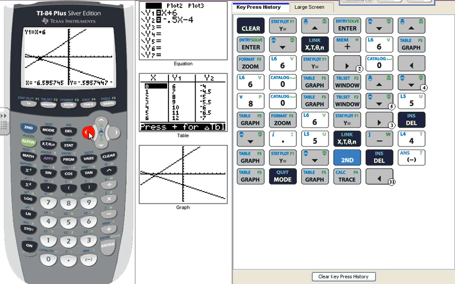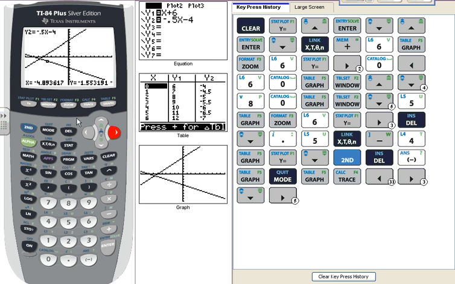How about right there? So that's roughly estimating -6.6 and -0.6. So that's a rough estimate of the intersection, and there's the equation of the line that I'm on. If you want to switch to the other line, by the way, you could just hit the up or down key, and that jumps into the other line. So you can see where my cursor is now. It's over there. But if I want to actually find the intersection, there's a better way to calculate the